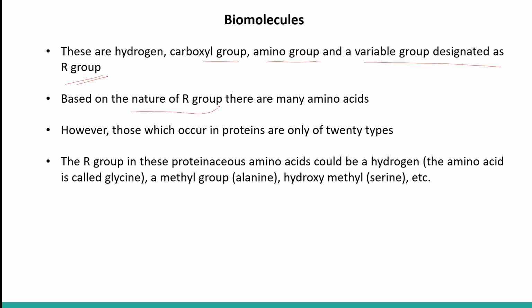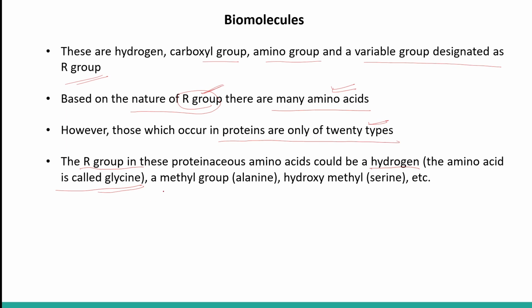Based on the nature of the R group, there are many amino acids. The R group varies every time, and that changes the amino acid. However, those which occur in proteins are only of 20 types. There are 20 different types of amino acids. The R group in these proteinaceous amino acids can be a hydrogen. The amino acid will then be called glycine, if it is